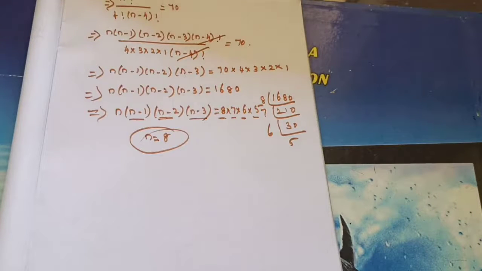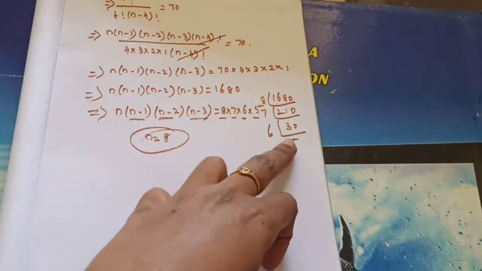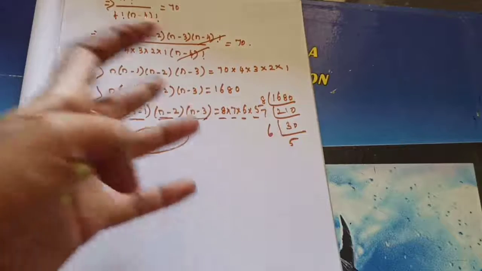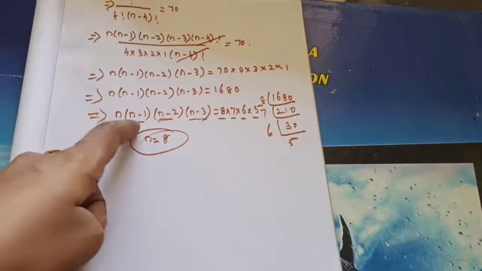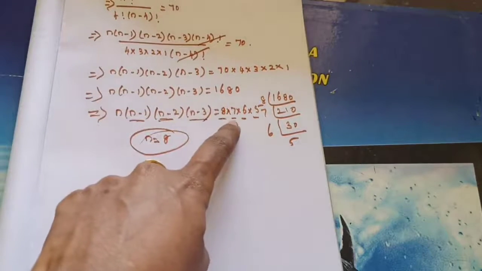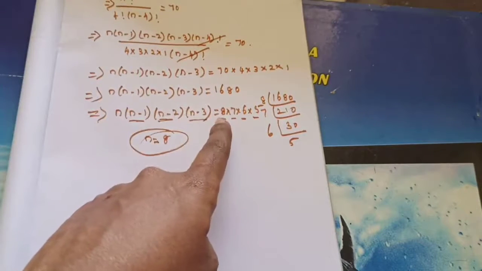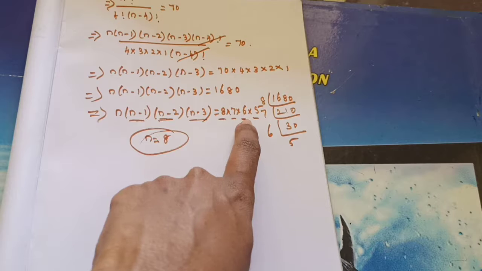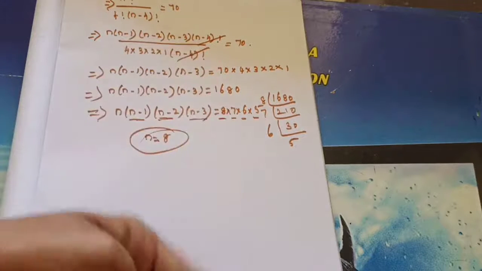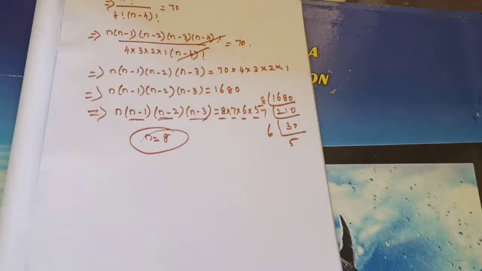Ma'am, in previous years we learned that when you are splitting like this you need to choose only prime numbers. Now you are taking all the numbers. Okay, so for this I have chosen like that. Here prime number or even number is not a problem, but the numbers must be in continuation. That is n into n minus 1 into n minus 2 into n minus 3. It will be in that form. Because of that I have split it. So n equal to 8.